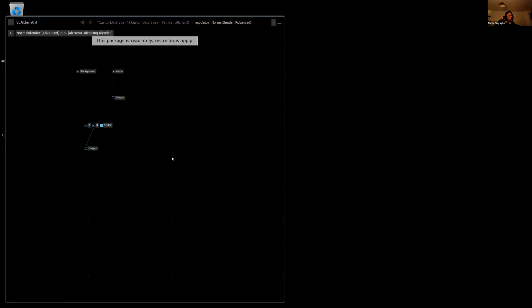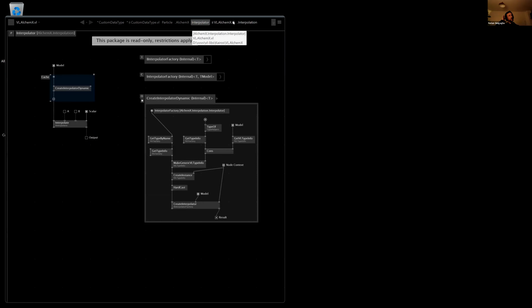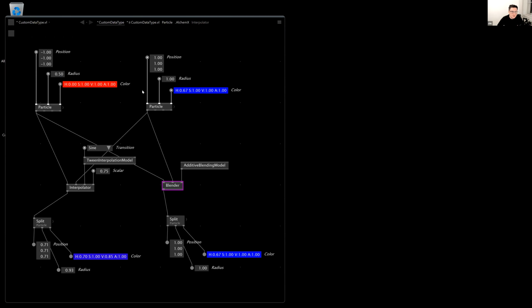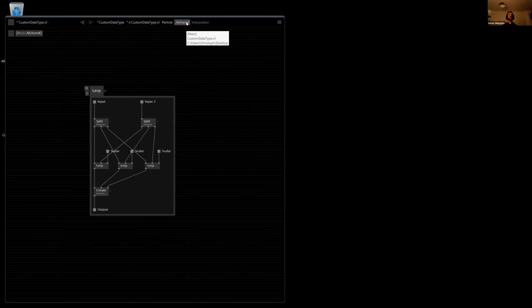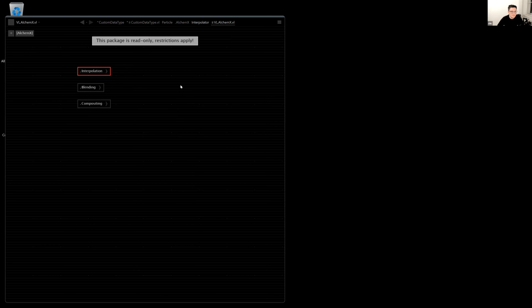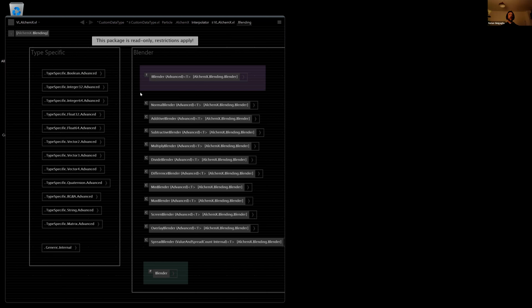Now go to the interpolator definition, blending. If you open the additive blender, the second one,